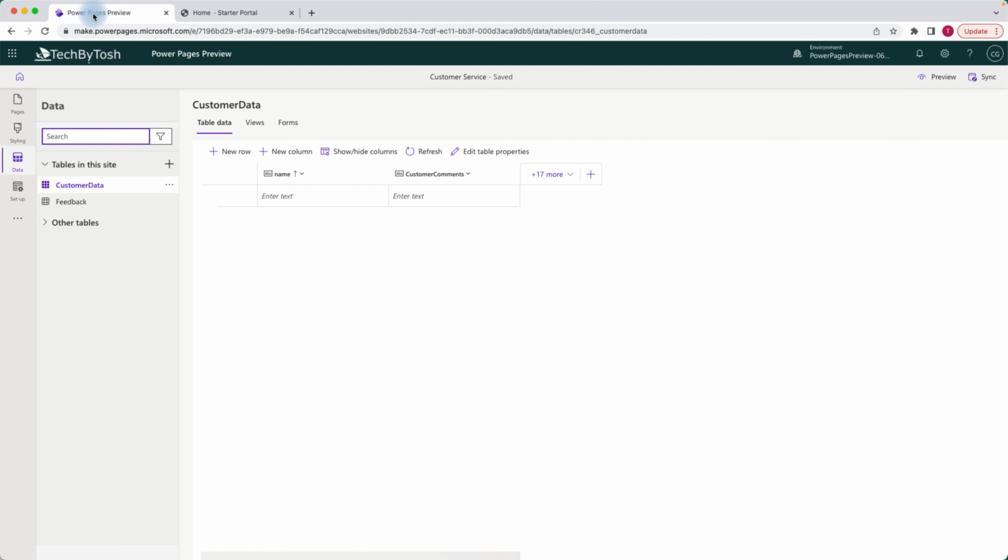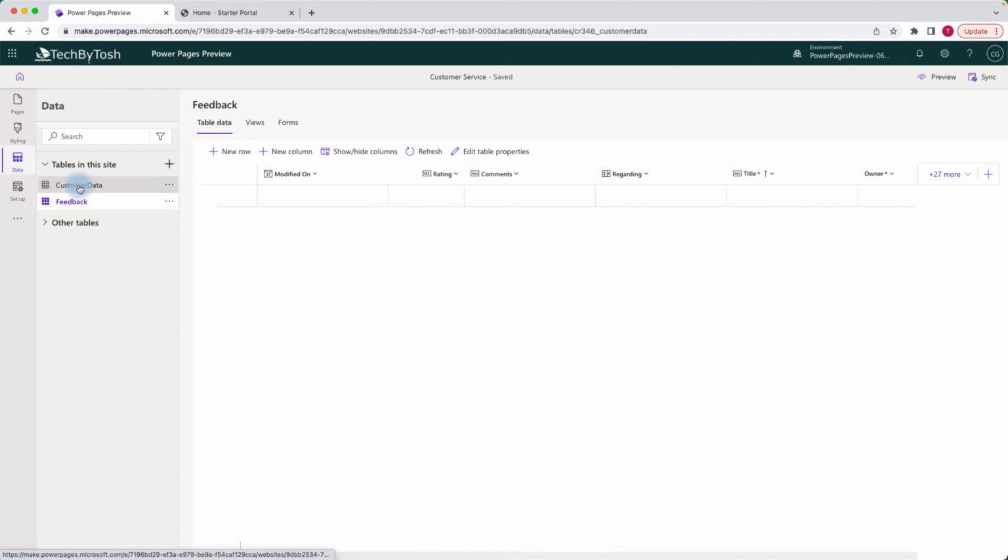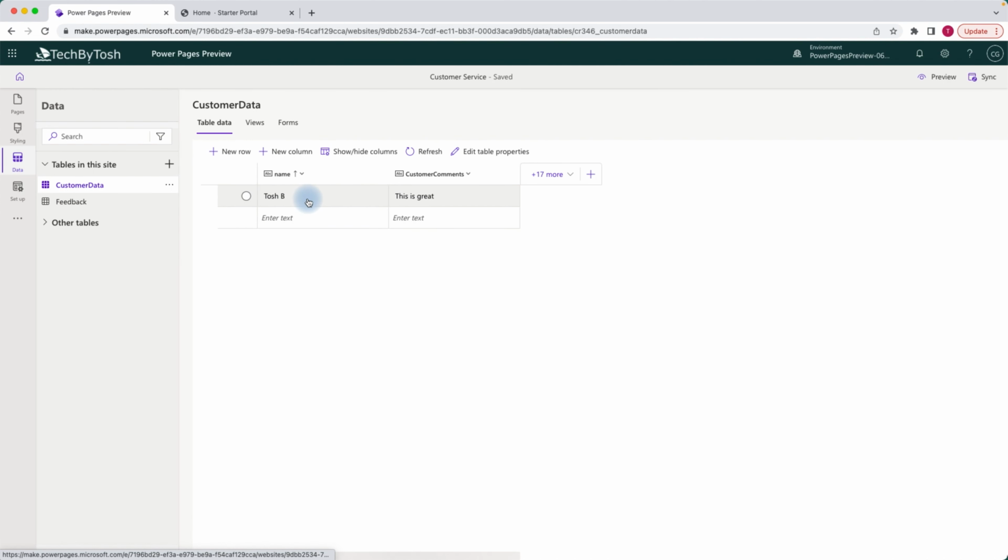And let's just go back to the table again. We go back to the table, just select out the table and click on customer data again. Okay, so that's the name and that's the comments that we have captured. So this way you can actually create different tables based on what your requirements are. You can actually have contact us forms on the table,